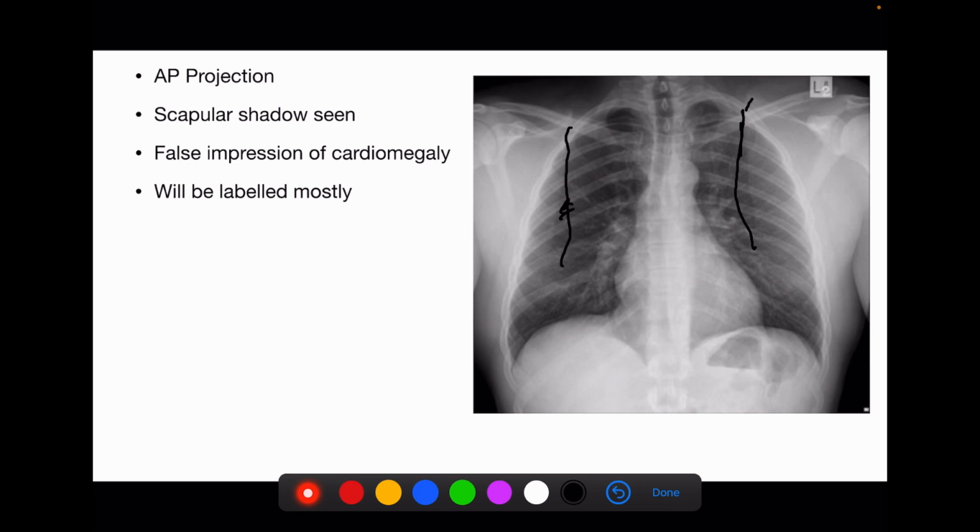Can you see the scapular shadow? Yeah. The scapular shadow is projected on the lung field. So that is one unique feature of the AP projection. And also, it gives a false impression of cardiomegaly. So the cardiac shadow should occupy less than 50% of the